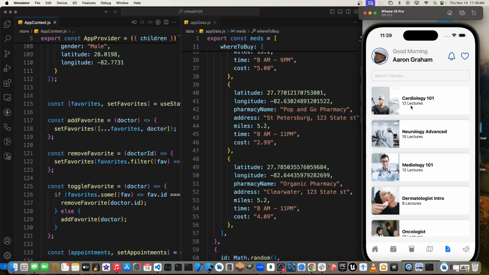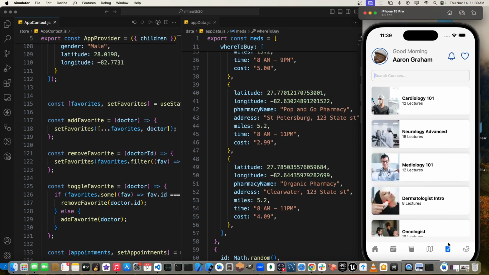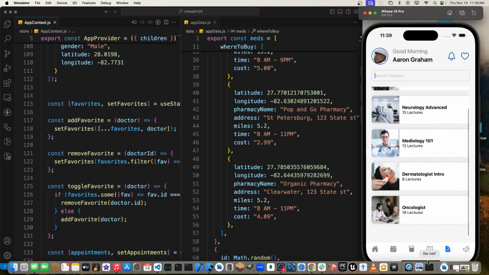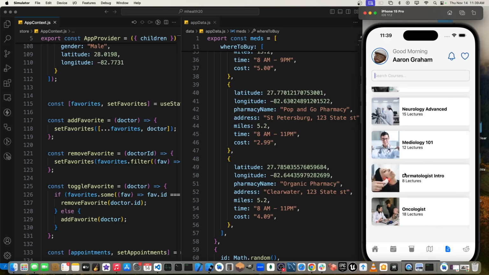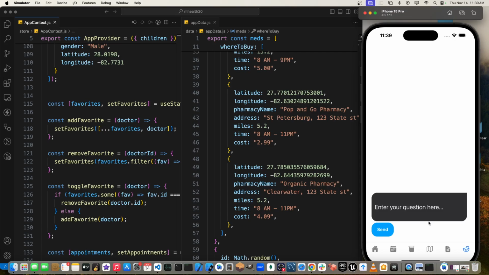I like how I put the 12 lectures there, so it's nice and short. And if you were to click on that with the full detailed list as to what else was available, that would definitely be nice. So that is the actual options for schooling. And of course, I believe there's only one more here. So a small application, but it has a major